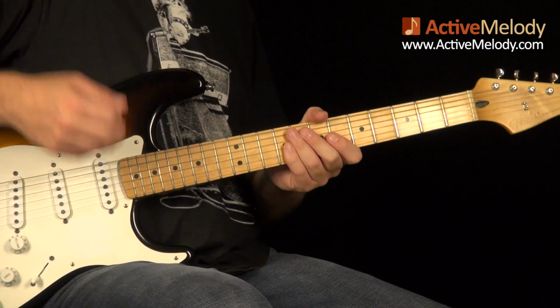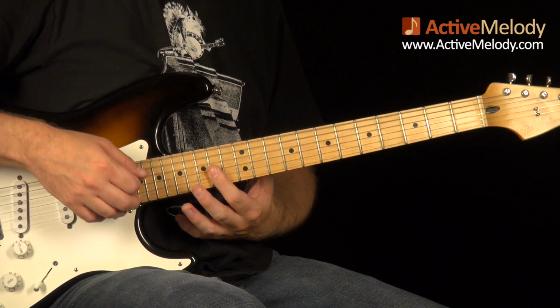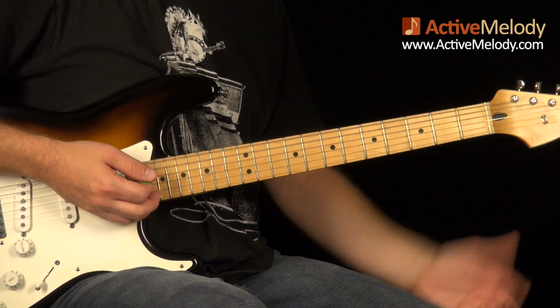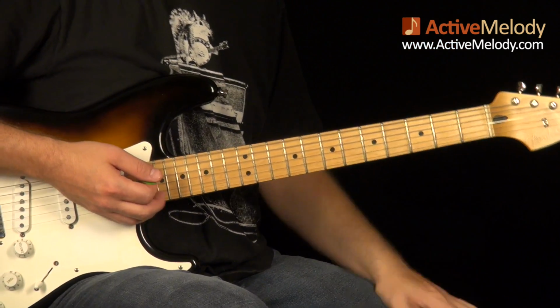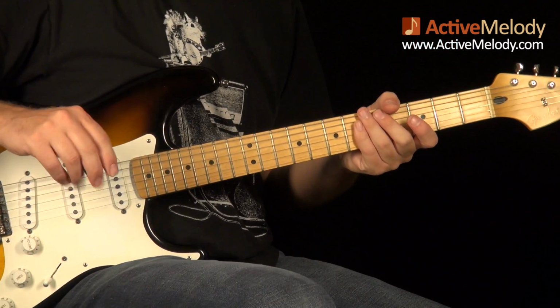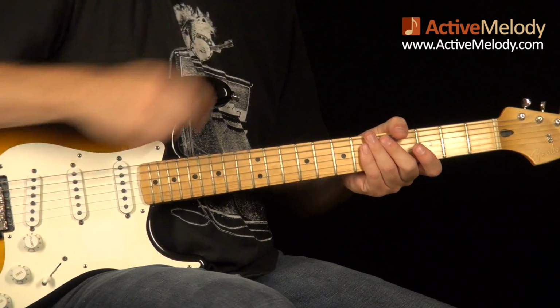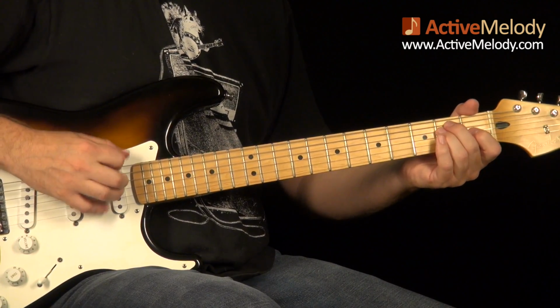Now this is the point in the song where I come up and start playing some chords, and what we're going to do is play an E minor chord in different voicings all the way down the neck. And this to me has a Robin Trower type feel. I thought about using my full tone Deja Vibe pedal to kind of get his feel, but what I'm doing for this is, so